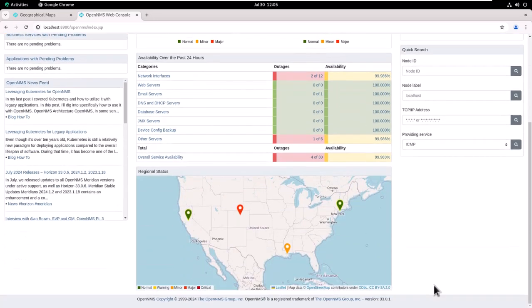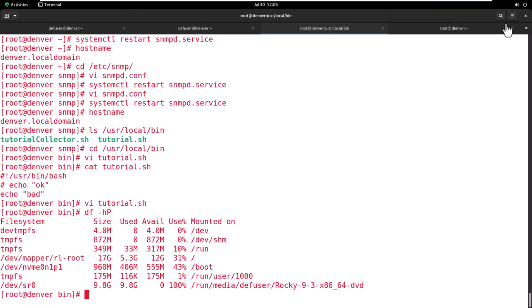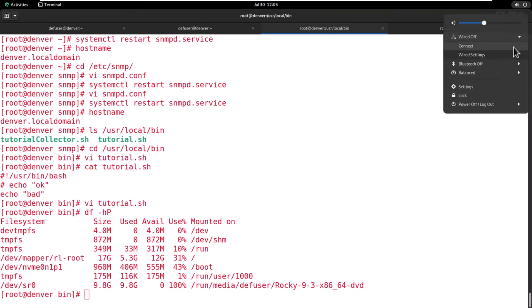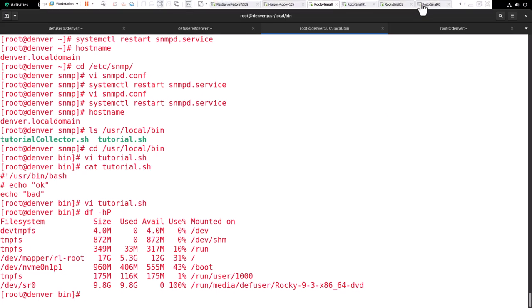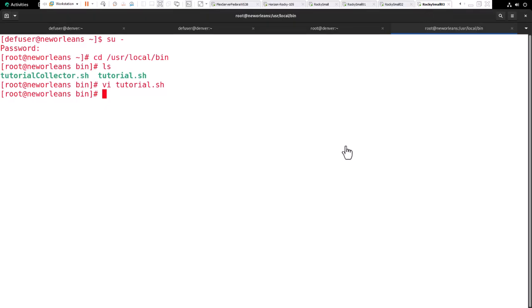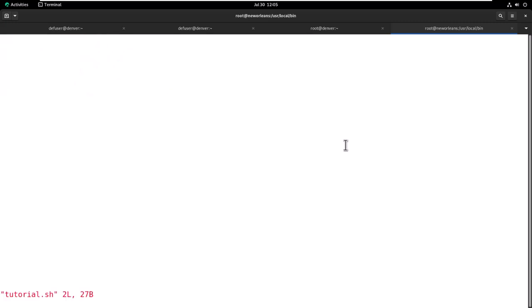Fix things by restoring the network on denver.localdomain. From the Denver machine, click on the Wired Off and then click on Wired Settings. Turn on networking. Close the box. From the New Orleans machine, change to the